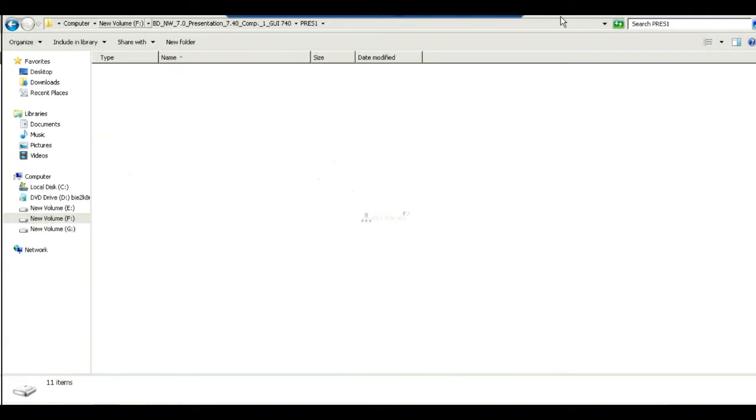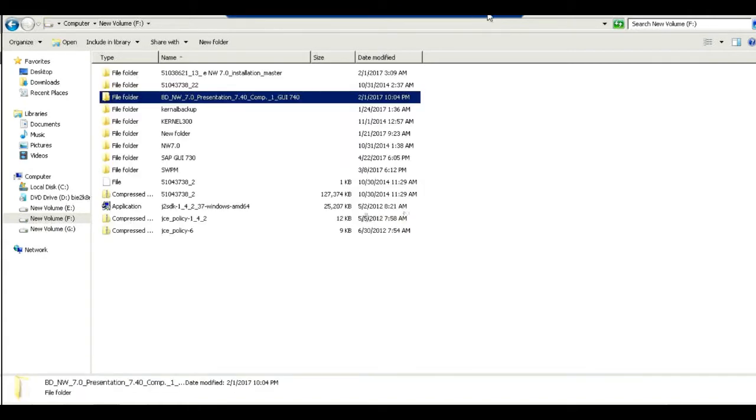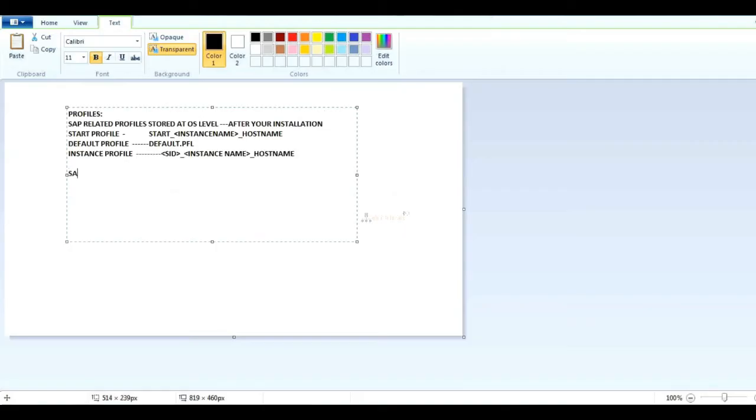So this SAP GUI, we have two types mainly: SAP GUI for Windows and SAP GUI for Java. If you are using a Windows operating system, you need to download SAP GUI for Windows from Service Marketplace.